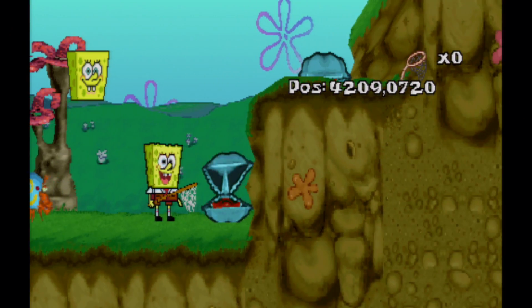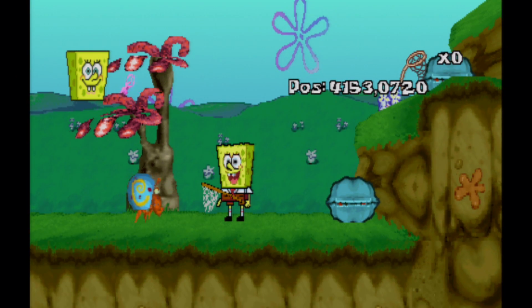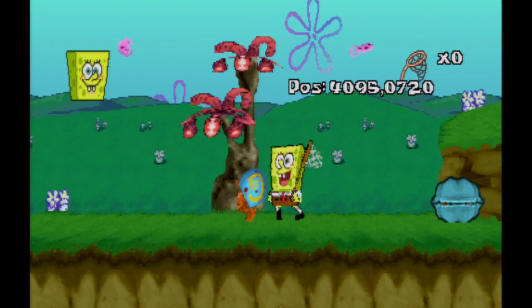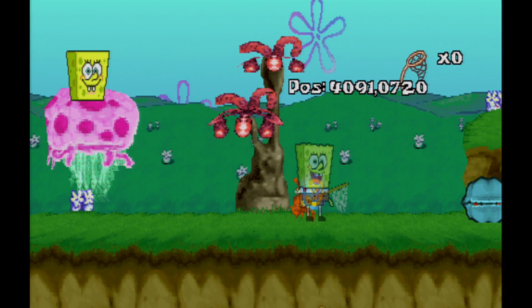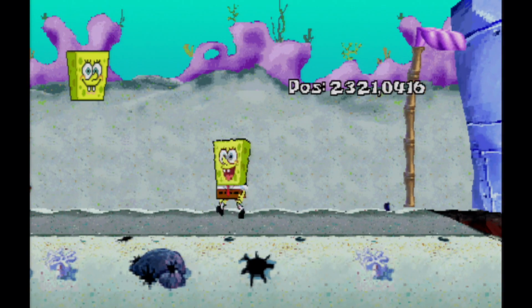Those clams are definitely something. If you do select, you can still move the VRAM all around and look at the sprites and shit. Cool stuff. May as well skip a couple levels just to show you guys around, I guess. It takes a little while for it to load, so...